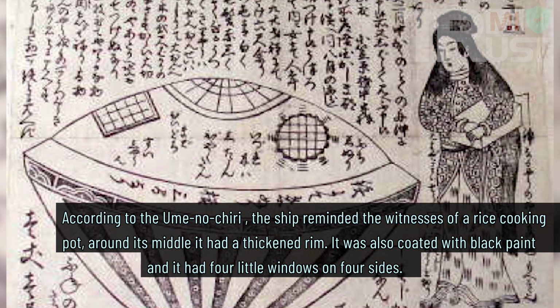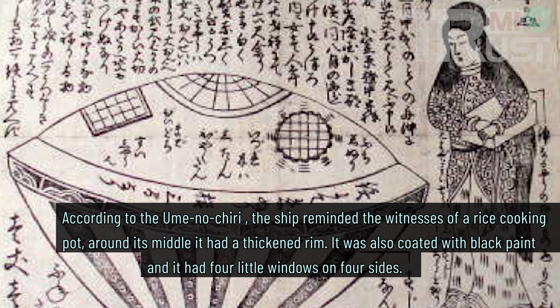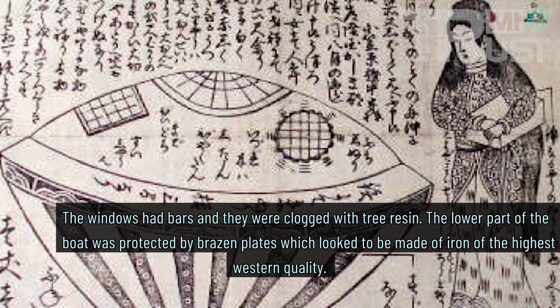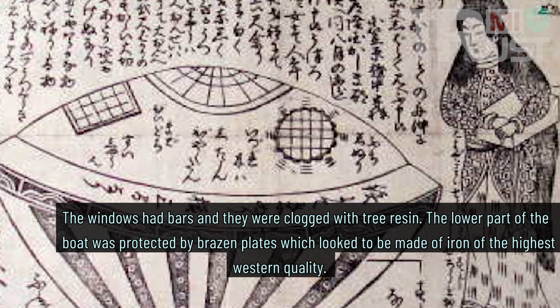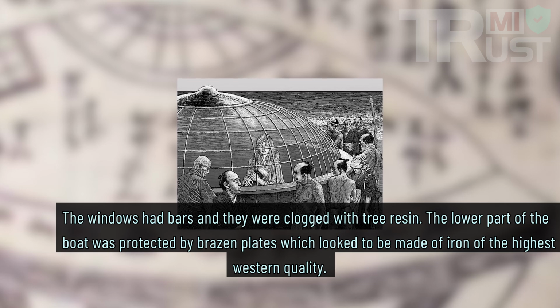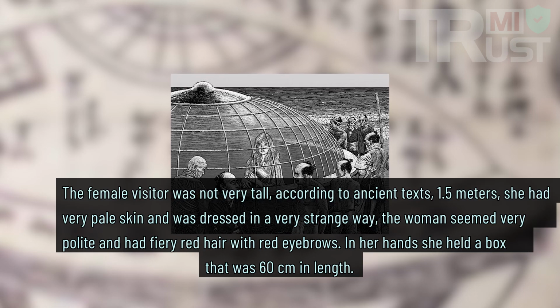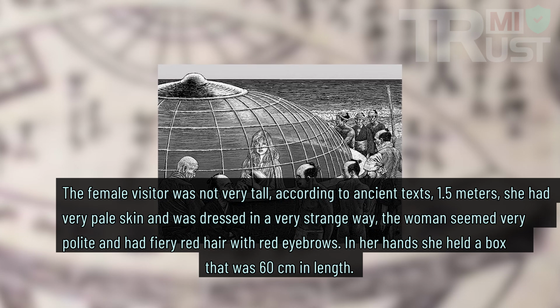Around its middle, it had a thickened rim. It was also coated with black paint, and it had 4 little windows on 4 sides. The windows had bars and they were clogged with tree resin. The lower part of the boat was protected by brazen plates which looked to be made of iron of the highest Western quality. The female visitor was not very tall, according to ancient texts, 1.5 meters, she had very pale